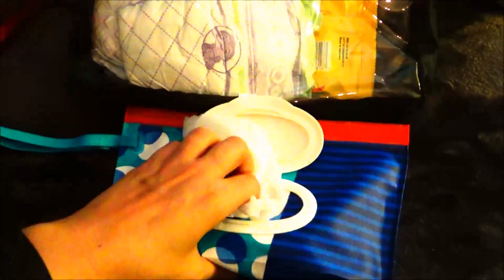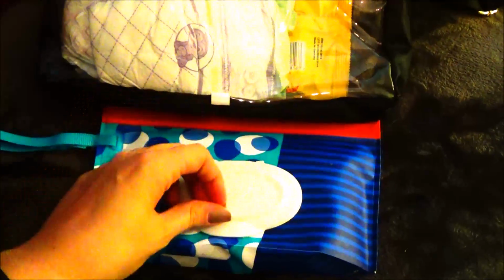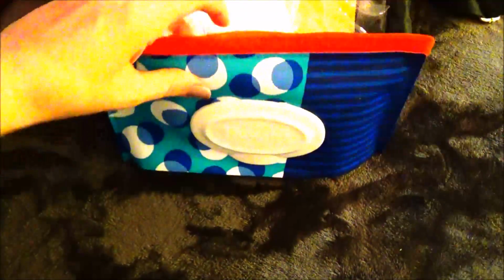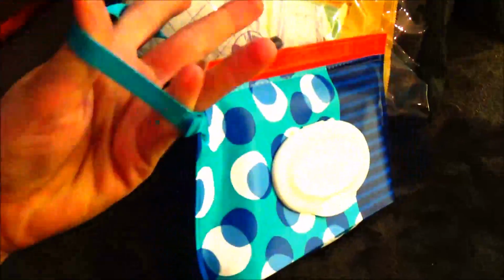But again, he's breastfed. His poo is not that hard to get off. But sometimes they're so thick that at the beginning of the package, they start to shred when you're trying to get them out. But this is just like a Ziploc top, and you just put the refills in there, and it can be a wristlet if you just want to grab one diaper and this and go into a public restroom and change your baby. And then there's diapers, and then I have